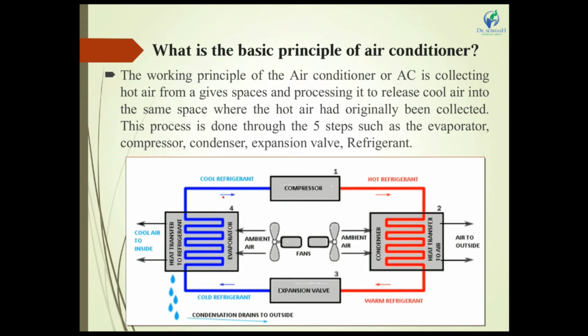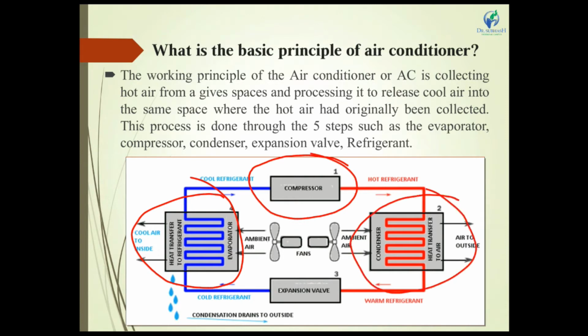This part is the evaporator, this part is the compressor, that part is the condenser, and this part is the expansion valve. In between, the working fluid from compressor, condenser, expansion valve, evaporator and back to compressor we call the